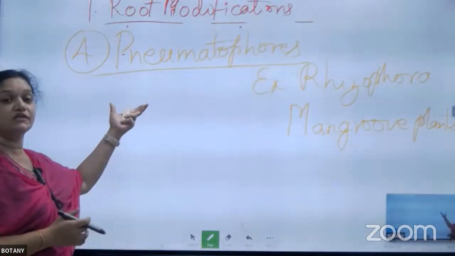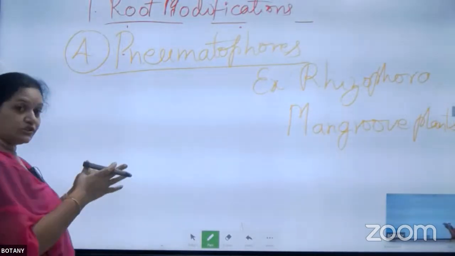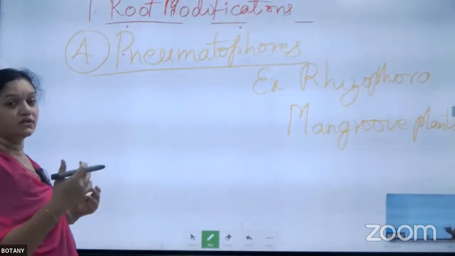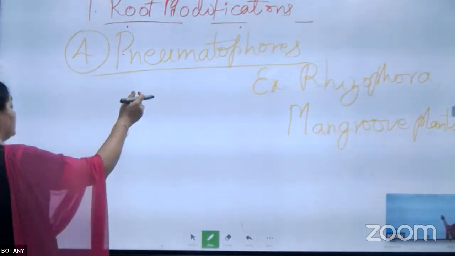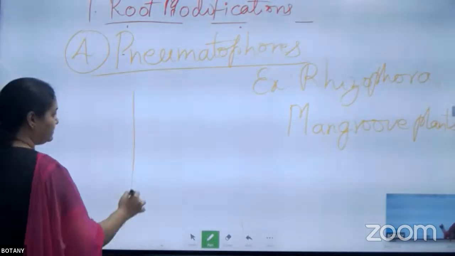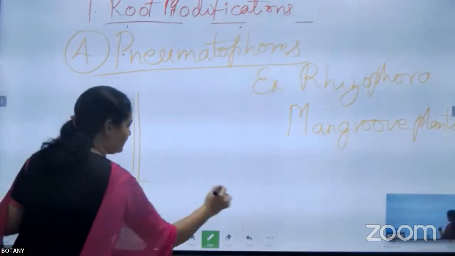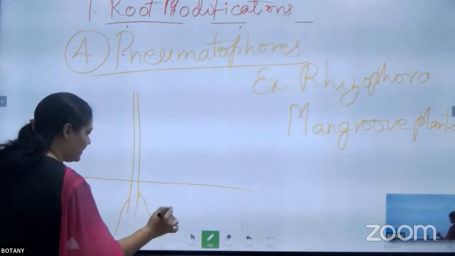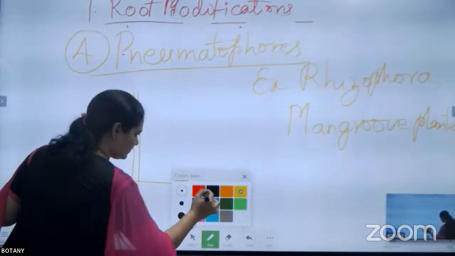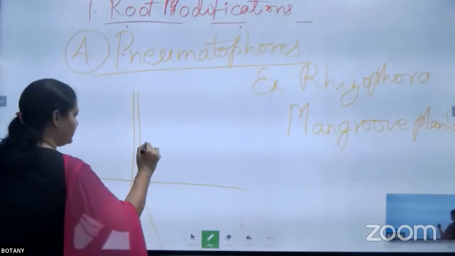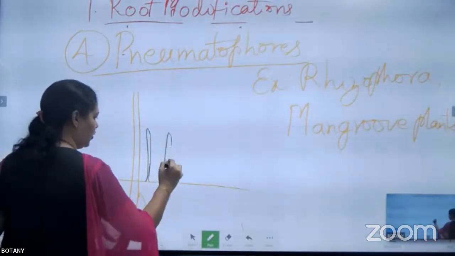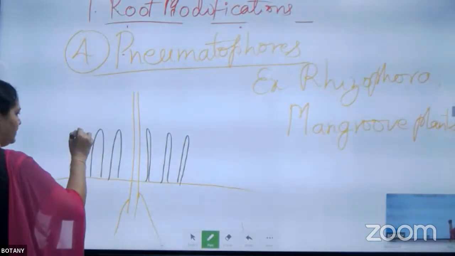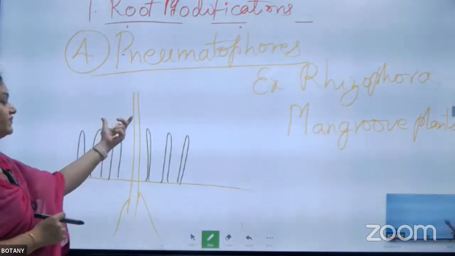The plants are growing in the swampy areas, and the branches of the roots will arise above the soil to get more oxygen for their respiration process. Those roots are called the pneumatophores. The plant is a very big plant. This is the soil, and the branches of the roots will arise above the soil like this. All around the plant body, the roots will arise, which will do the respiration process for the plants to survive